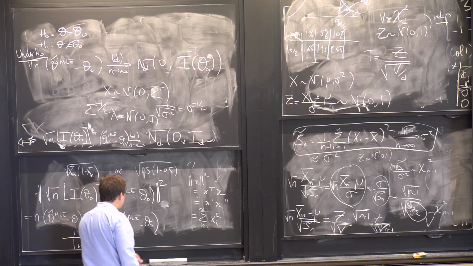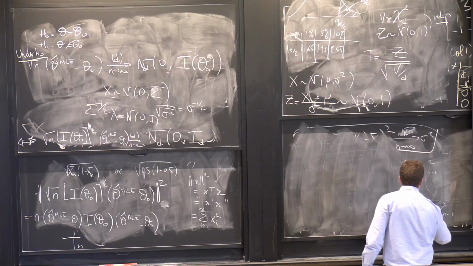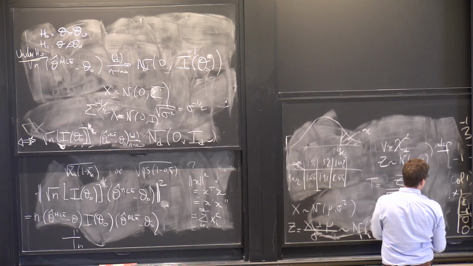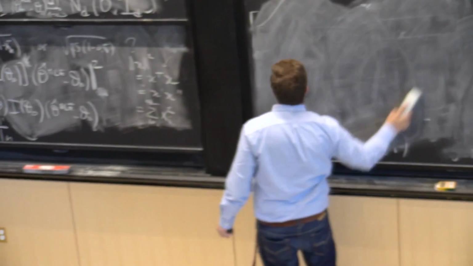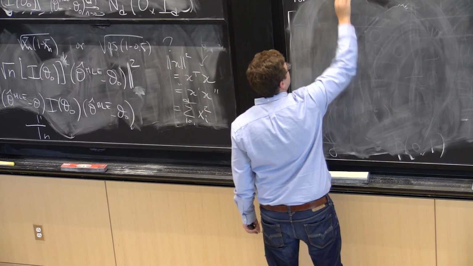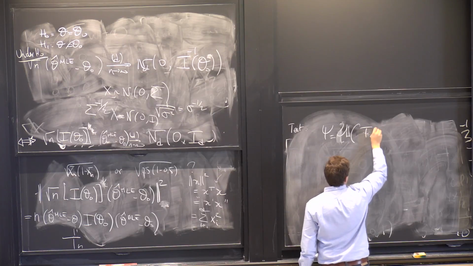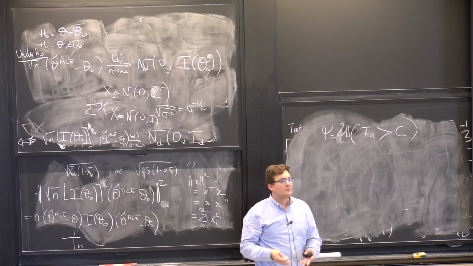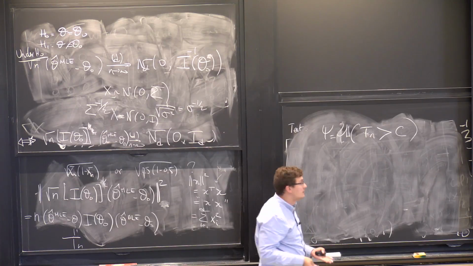So my test now is going to be psi, which rejects, so says 1, if Tn is larger than some threshold c. And how do I pick this c? Well, by controlling my type 1 error. OK? So to choose c,